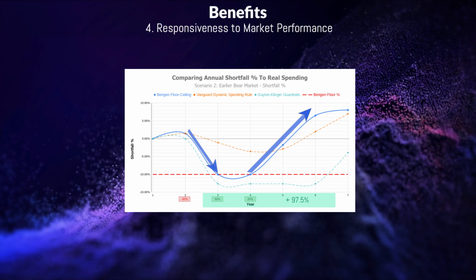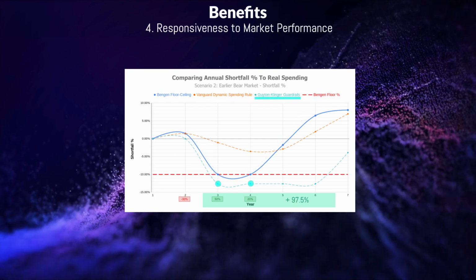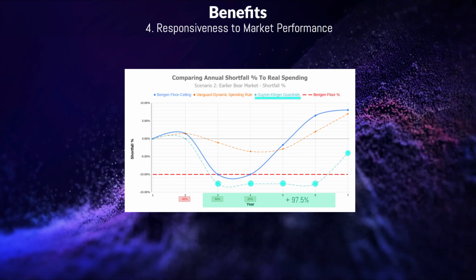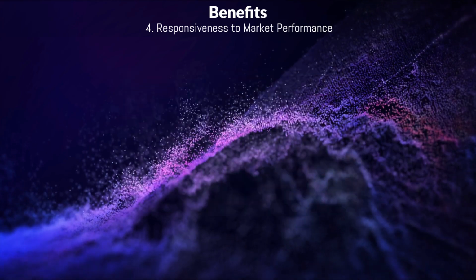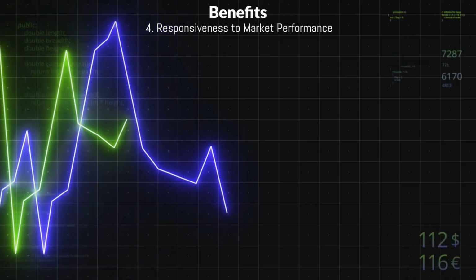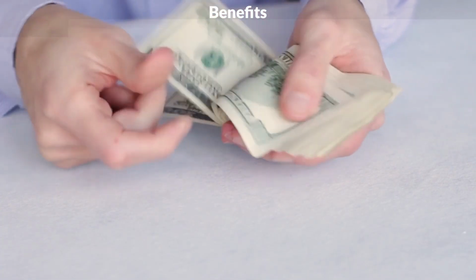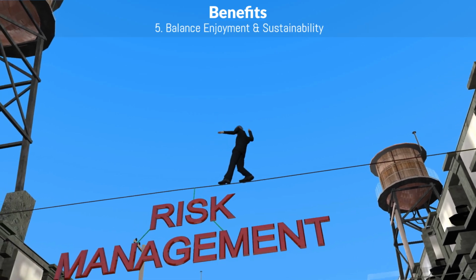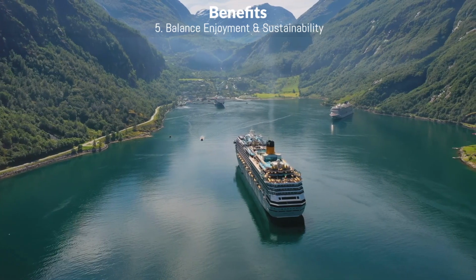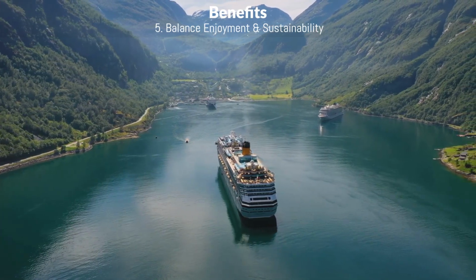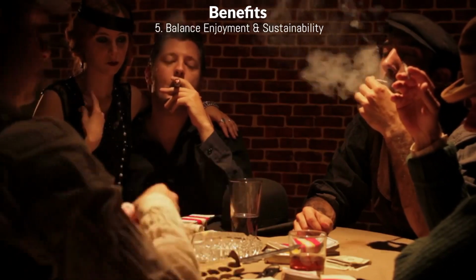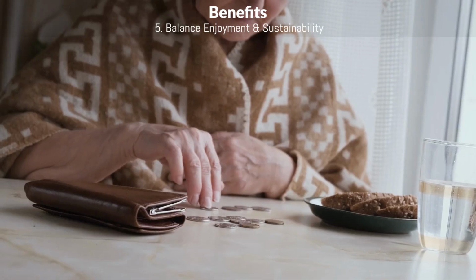This responsiveness makes Bengen more flexible than strategies like Guyton-Klinger, which reacts more slowly to upturns. However, this flexibility comes with greater year-to-year volatility in withdrawals. Finally, balance between enjoyment and sustainability. Bengen's strategy aims to balance spending enjoyment with sustainability, adjusting withdrawals to avoid overspending in bull markets and excessive frugality